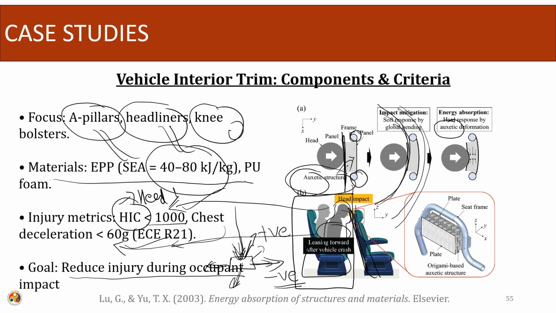With a negative Poisson's ratio, if there is a compression from one side, the other sides will also get compressed. This type of material is known as an auxetic material, which has a negative Poisson's ratio. Due to this effect, you can see that if there is a compression in this direction, compressive forces will also act in the other direction. This will result in energy absorption in our system.